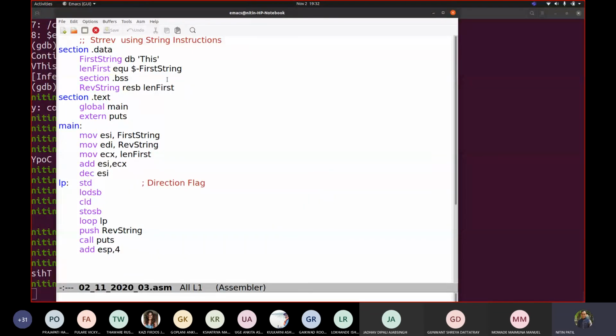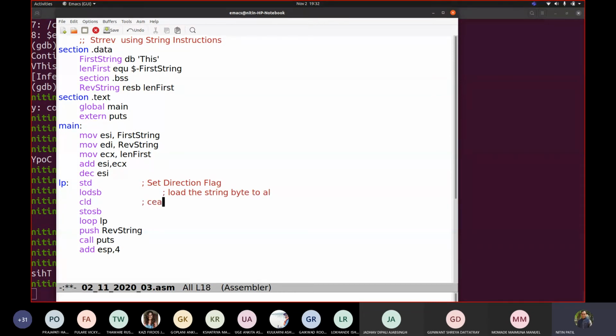Let us see the code now and try understanding what exactly happened. So what does std do? I will add the comment: set direction flag. Load SB: load a string byte to AL.